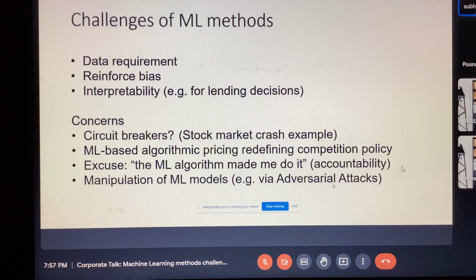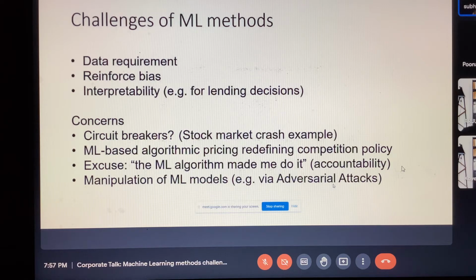Concerns, circuit breakers. Why do we have concerns? Think of the stock market crash. Because you have algorithmic trading and all, it will kind of reinforce it. There are examples where the stock market has crashed because of the AI tools, and it just reinforced it, and everybody started selling off, and all the AI tools were working, and it led to a complete crash because a large number of people were working on AI tools. So you also need a circuit breaker. Hey, don't overdo it.